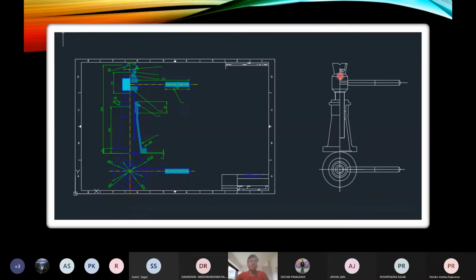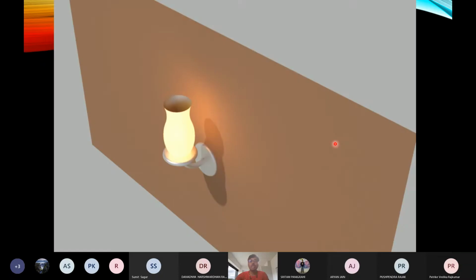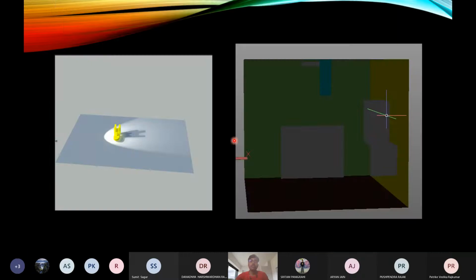Then we will use this image to use text and dimensioning and others, say hatching and extra options of AutoCAD in this drawing. Then we will switch to 3D modeling, and we'll draw the 3D model of this lamp and the plain wall behind it. And we will also use the shadow effects, lighting, and reflectivity of this lamp.